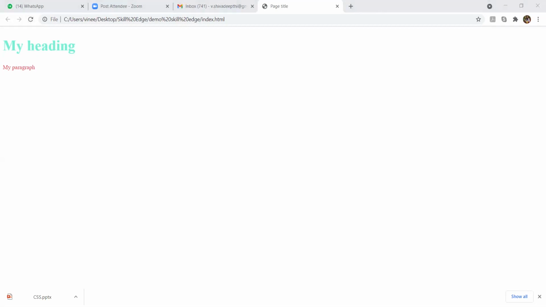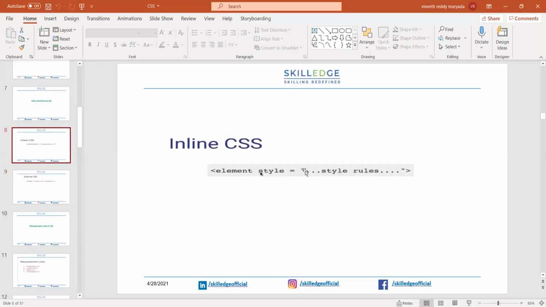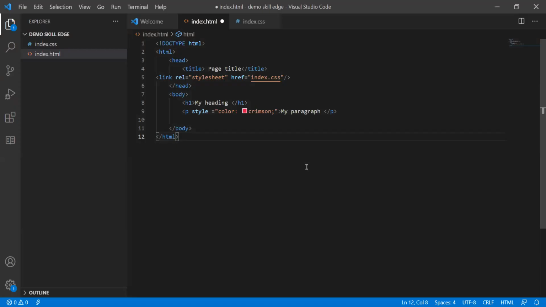So I'll share my PPT again. So this is the inline CSS. Ma'am, please once again explain external styling. Okay, one second. I will explain it. Are you able to see my Visual Studio Code now? Yes. So here, guys, please be patient. There are some who didn't understand external styling as well. For them, I'm explaining.